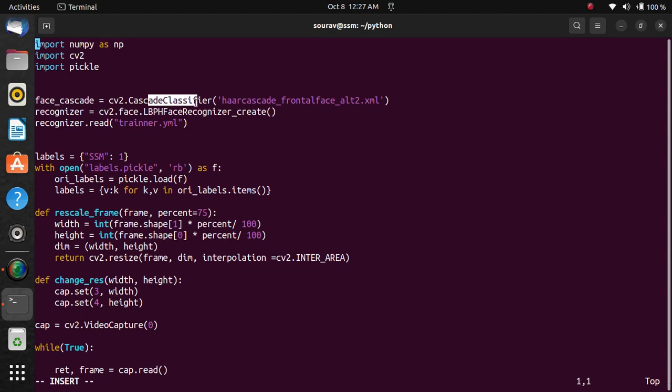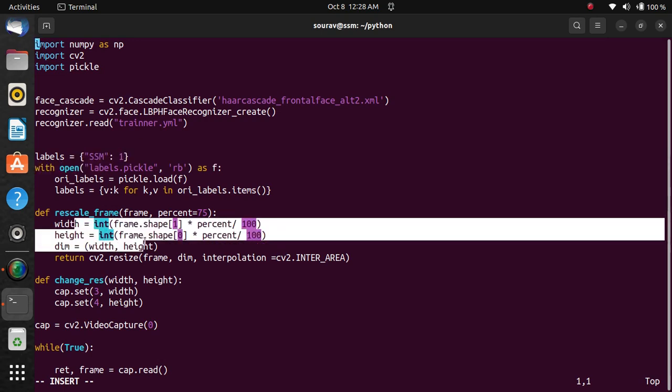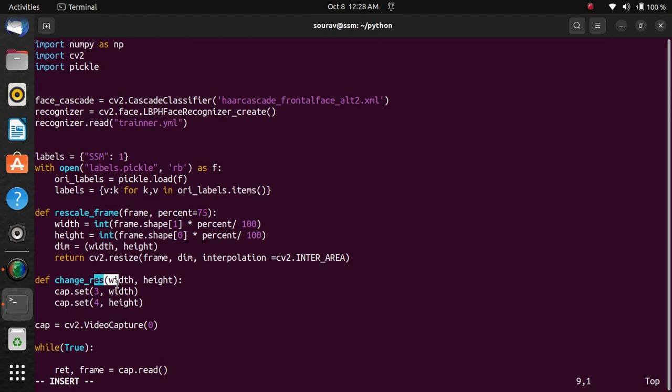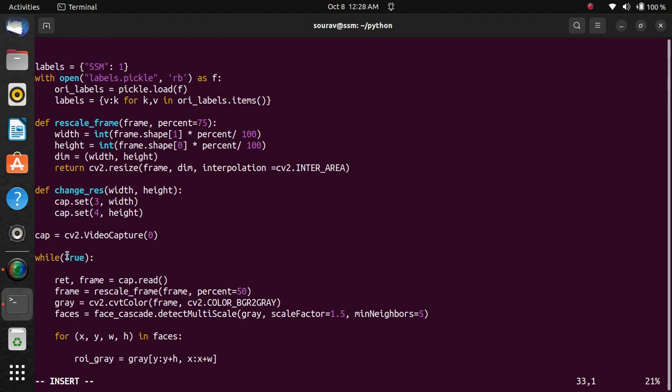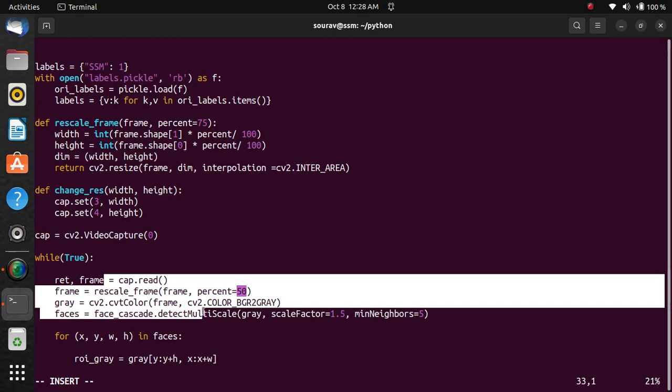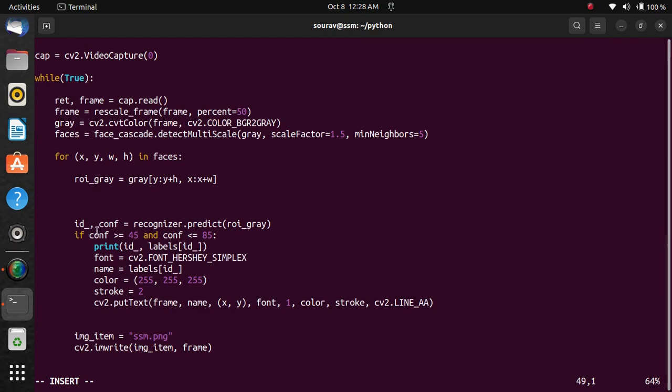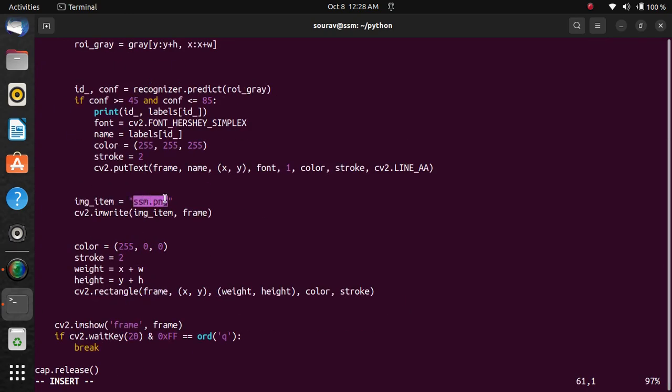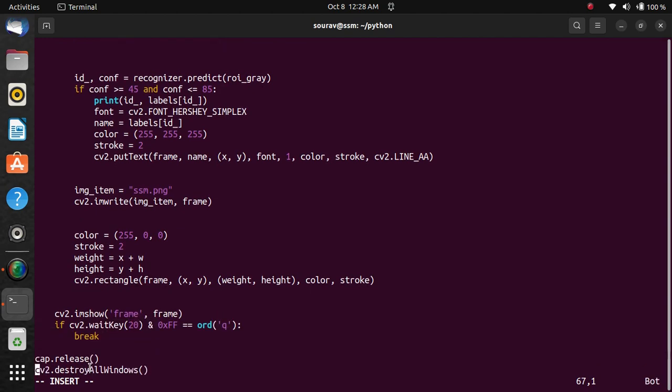Face cascade classifier is used for detecting the face, then load the labels, load the model, the trainer file, then label the model, then face recognition, and then a while loop, an infinite loop, which generates frame by frame for the recognizing, then prediction of the facial recognition, then the name of the image, and here show the frame and exit the while loop using Q, then release the webcam and close all windows.